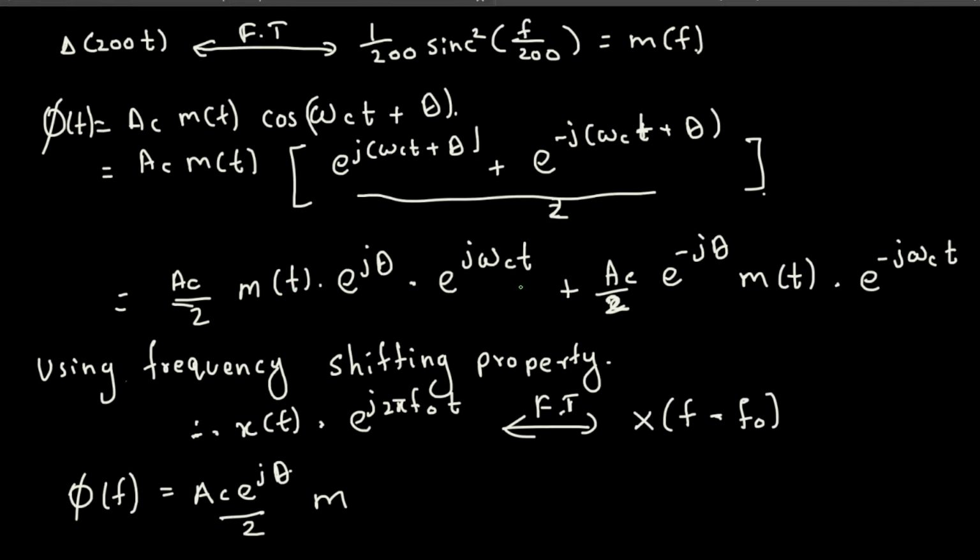So this one is t, this one is omega c t, and as you see, if you have a t, that turns into f, and then whatever the shift we have, so here m of t is going to be m of f, and this one is omega c. Omega c is equal to 2 pi fc. Okay, so the frequency we have here is fc, so this is going to be shifted, f minus fc,